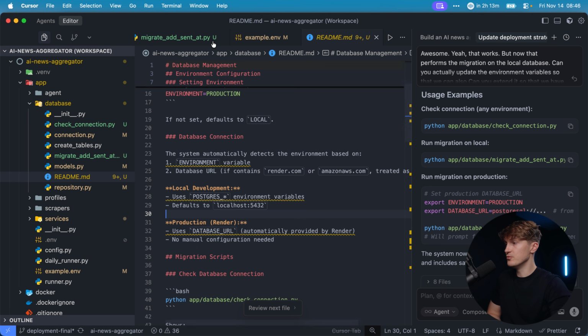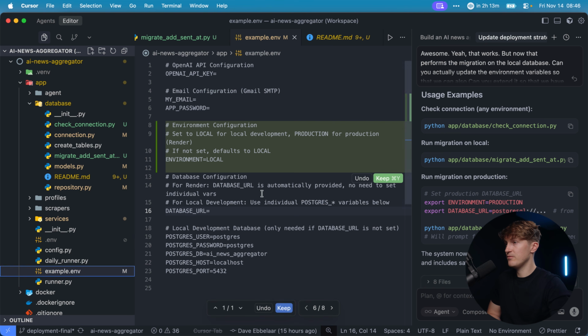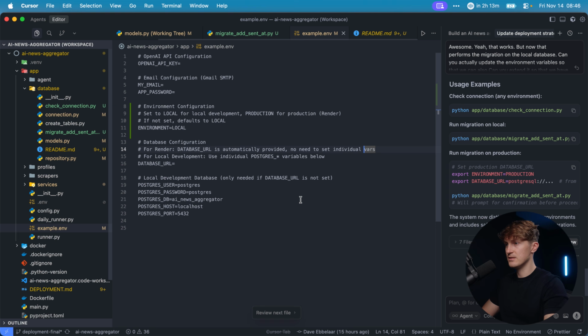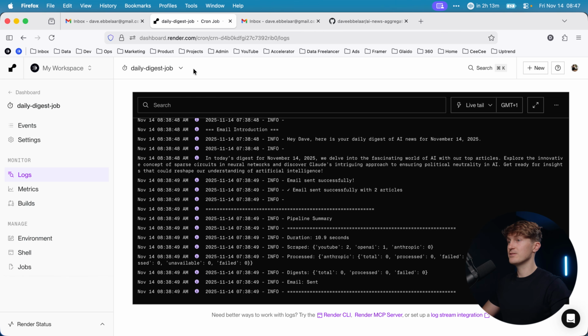So now what I'm going to do is, look, we have the example.env over here. Let's see, what does this look like? Okay, this is all just comments, so we have it local. What I'm going to do right now is switch into my actual env, copy paste what you just saw in the example, and set the database to production. And now let me actually show you. I'm coming back to Render,